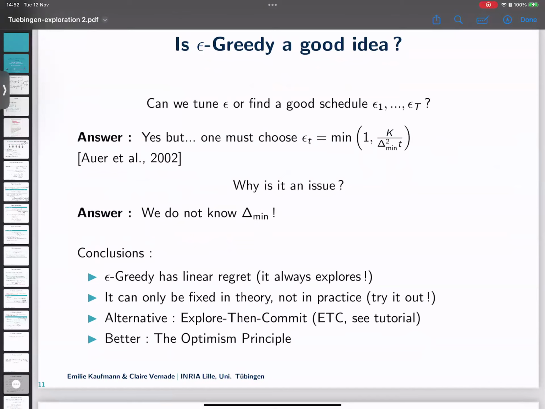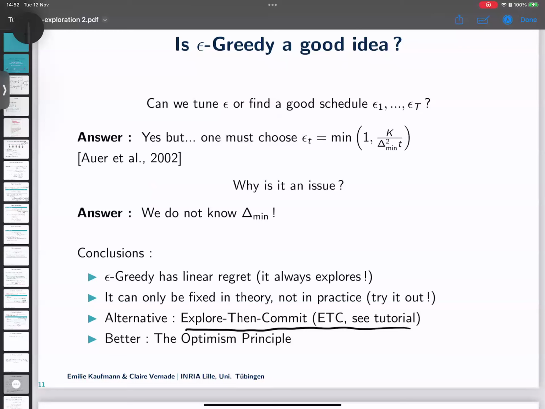In the assignment, you will implement epsilon greedy, but instead of making you implement the epsilon t greedy schedule, which you can implement in Beam, I guess, it's very easy, I make you implement this alternative strategy called explore then commit, which is essentially the equivalent of epsilon greedy, but where you do all the exploration at the beginning. So you pull each arm m times, and then you stop, you commit to the best empirical mean, and you pull it until the end.